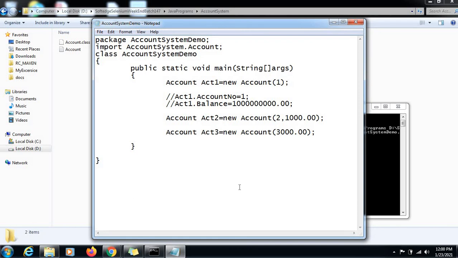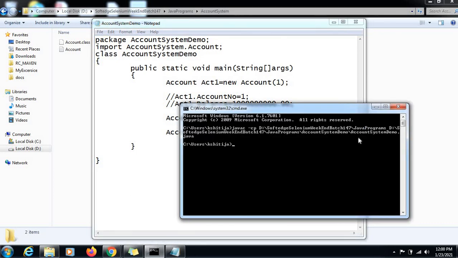But if it doesn't get the class file, no issues. If the source file of that symbol is present there, my compiler will compile that first, create the bytecode, and then resume the compilation of my original file, which was this in our case.